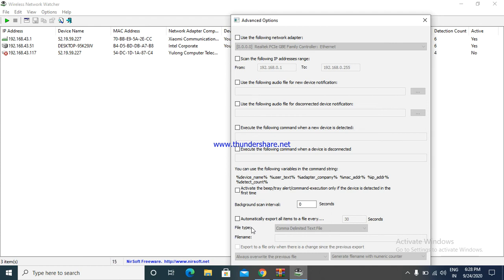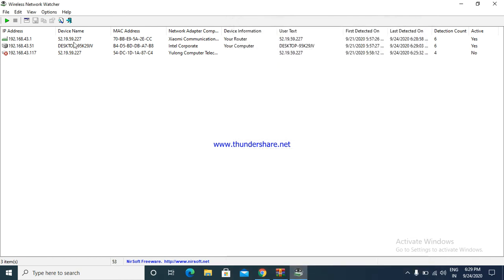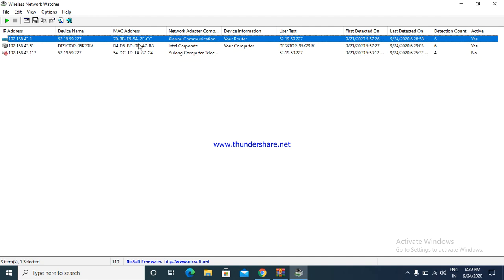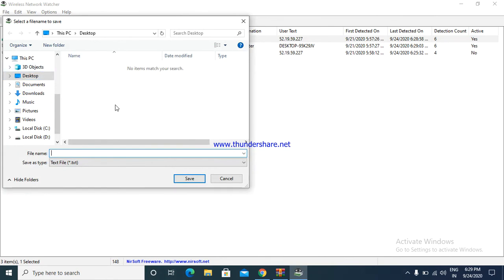We can use the file type and file name. Okay, and then we can save selected items. Suppose I have selected this item, and if I click here, then we can save this item to any of these files. Let's see.